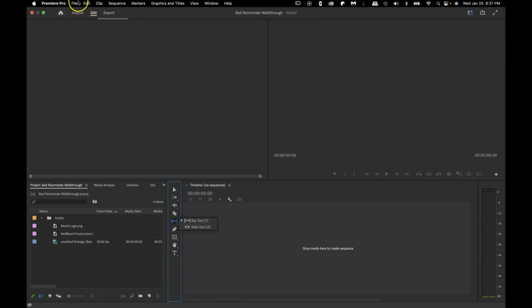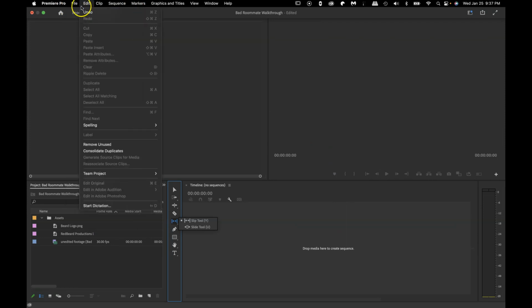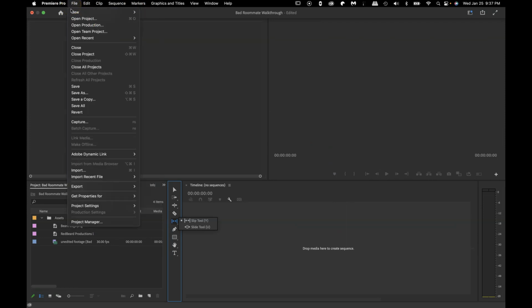Now looking at the tabs up here, anything that we have to do with file, we're going to use here. So if you wanted to open up another project, you could do that. You want to close this project, you want to do this. You finish the day, you're going to click Save All or Save. Make sure you're saving your stuff. You can also import specifically from here, and we can get into actual file settings where we're saving different stuff, how we want to